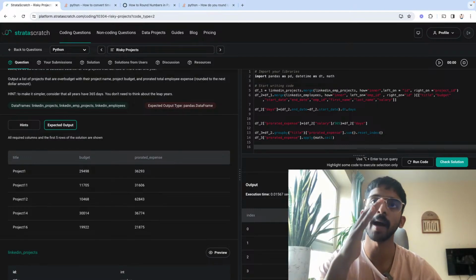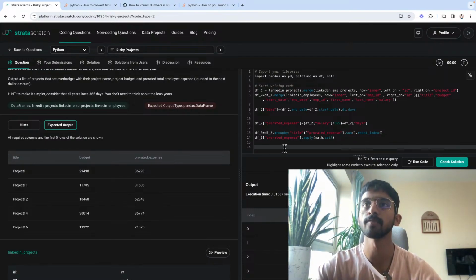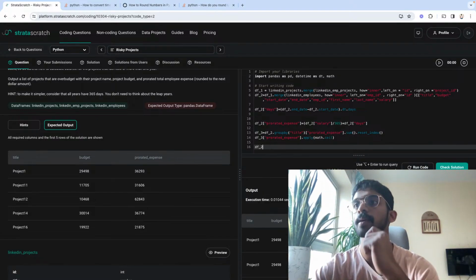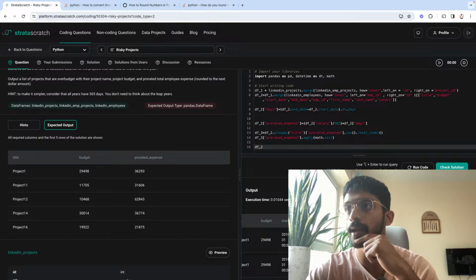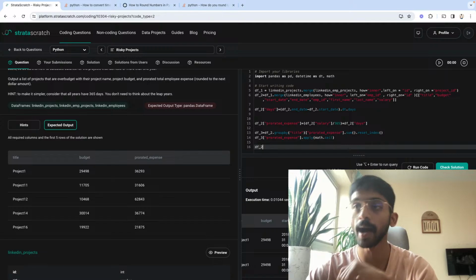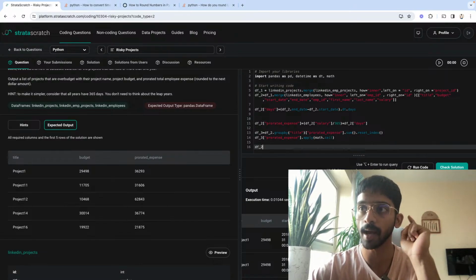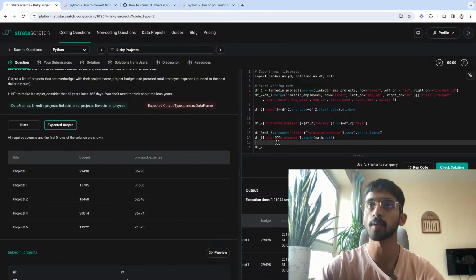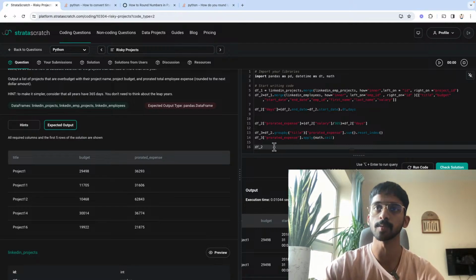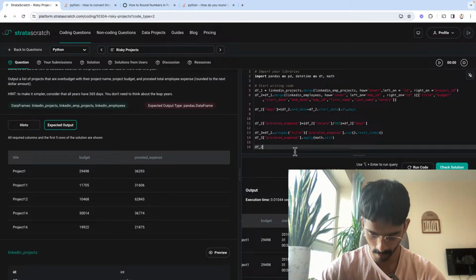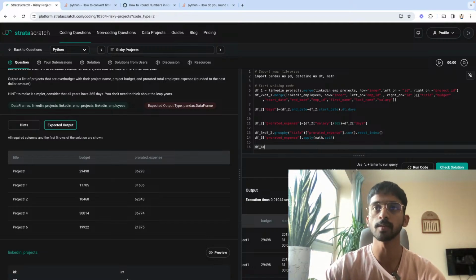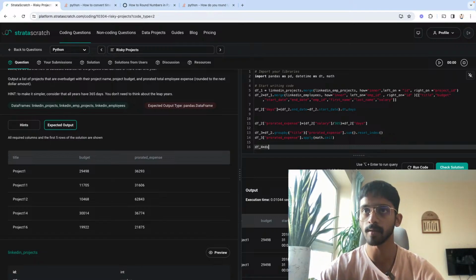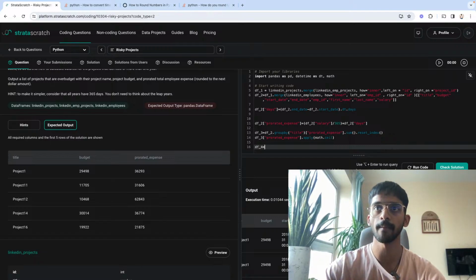Now we need to merge it back to df2. So df_2 has the prorated expense, but this is not aggregated to a project and it is not rounded up. So we need to bring this df3 prorated expense to df2. Let's do that. So the way we're going to do that is, let's call it df4 equals, this is not the most optimal way to do this, but anyways,